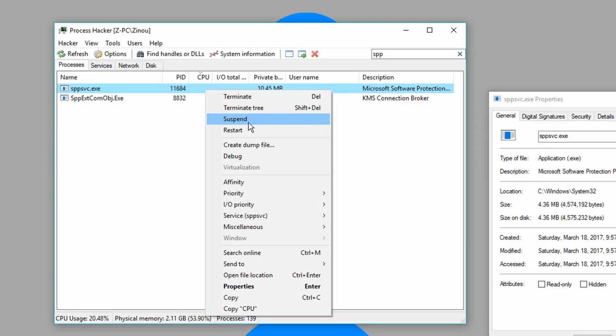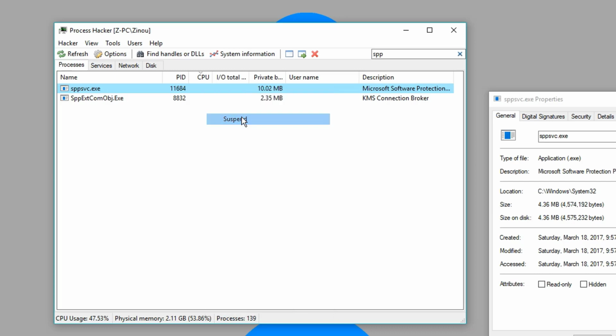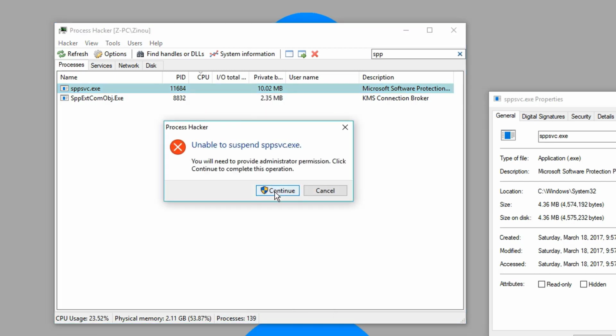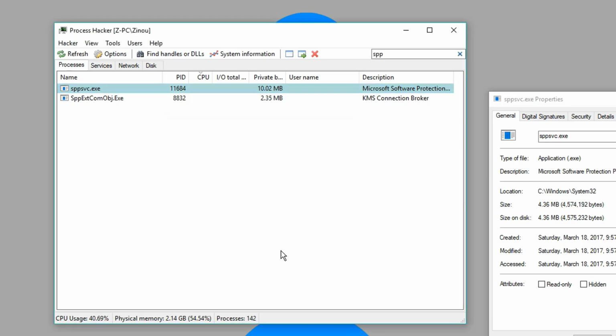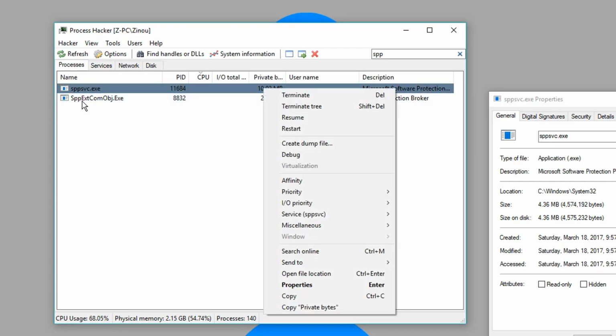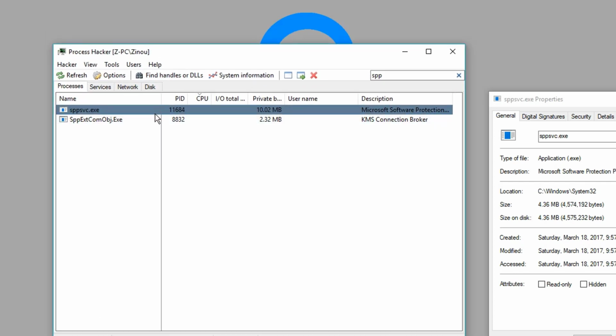suspend it. When you click suspend, you will stop it temporarily, not all day. For example, you are going to play a game now and you don't want any lag. You click suspend and click continue because you will need admin access. Well, you click yes and you suspend it, and after you finish the game or whatever you're doing, go back to the application